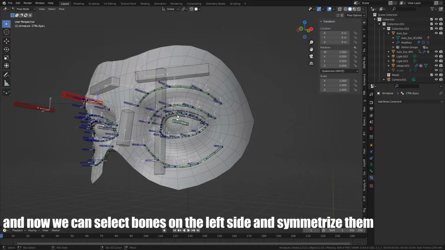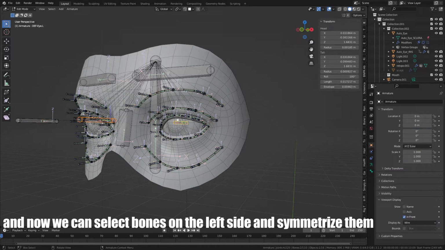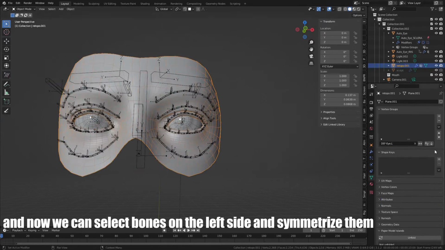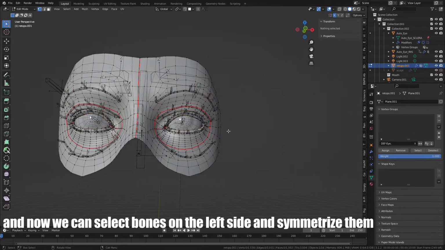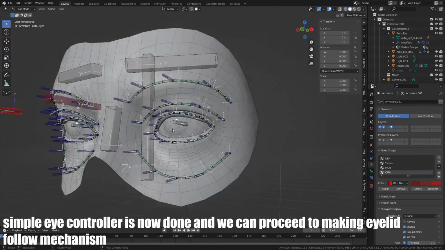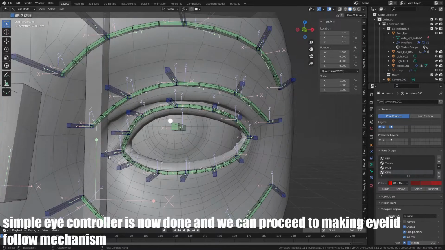And now we can select bones on the left side and symmetrize them. Simple eye controller is now done, and we can proceed to make an eyelid follow mechanism.